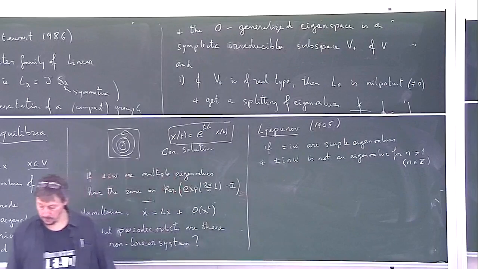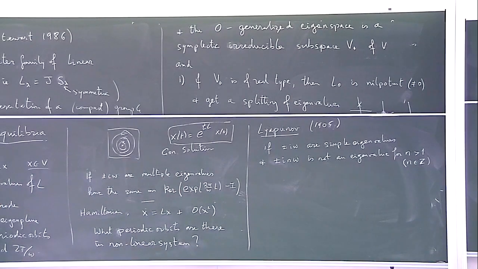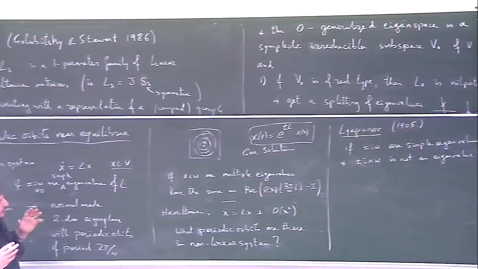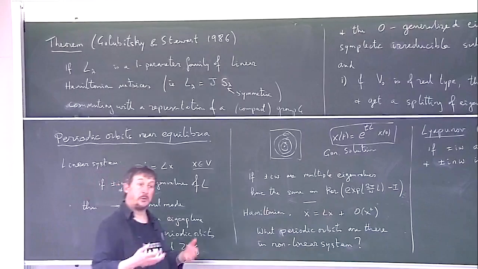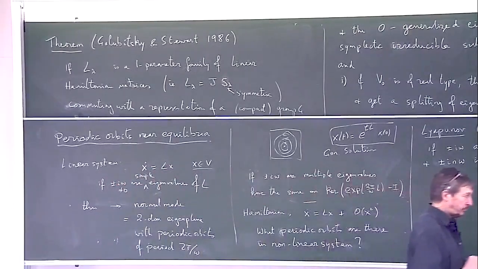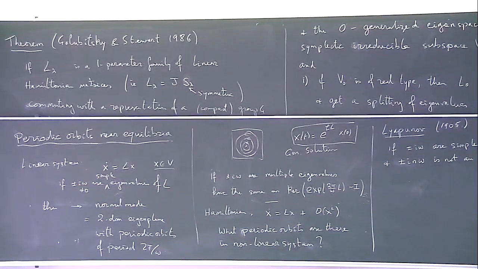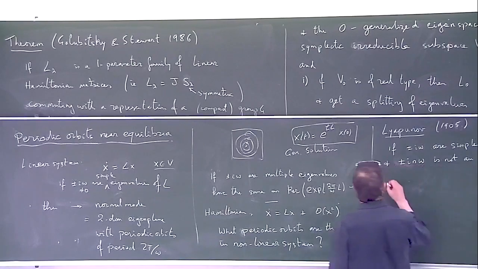So he has this condition, a sort of non-resonant condition. So i omega is a simple eigenvalue, plus or minus i omega, but integer multiples are not eigenvalues. Then